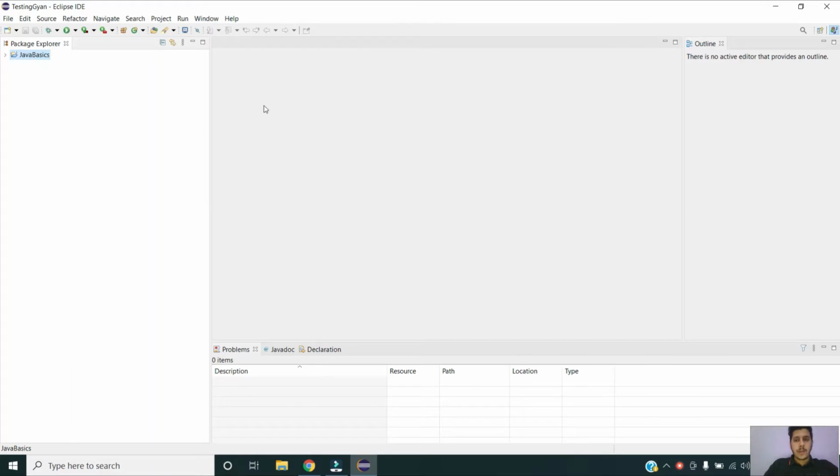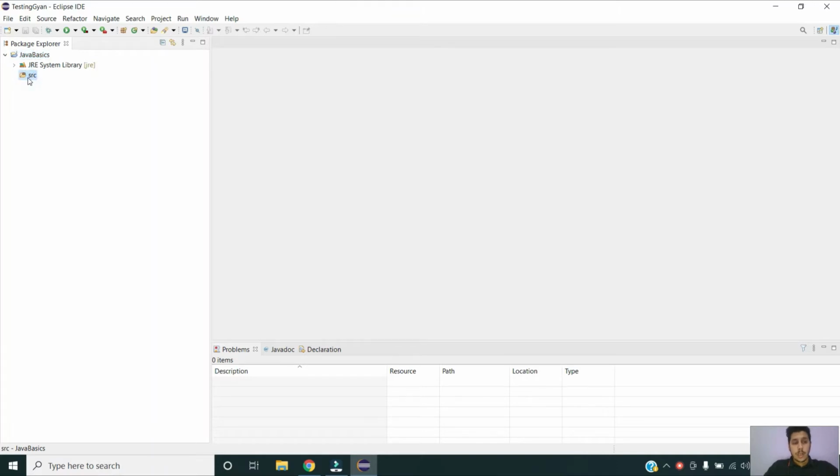In Eclipse we are having mainly two major sections. One is the navigator section or package explorer, where I will be exploring my project, all the files and folders of my project. And this middle section is my editor section, where I will be writing my code. Outline basically represents the outline of my program. This is not a mandatory section, you can ignore it. Before I start writing my program, first I have to understand what is the basic structure in which I have to write my project.